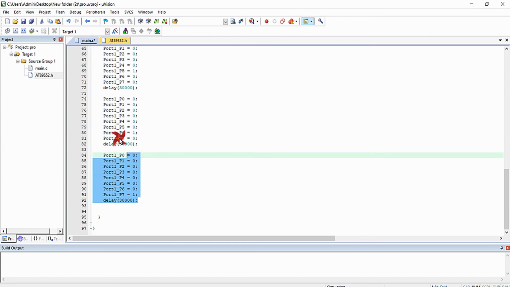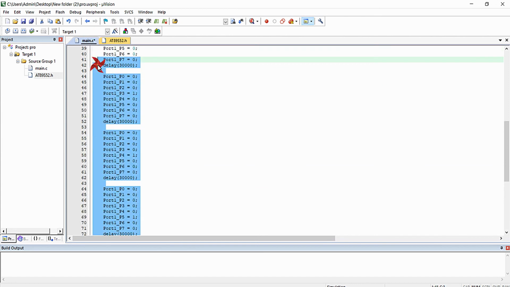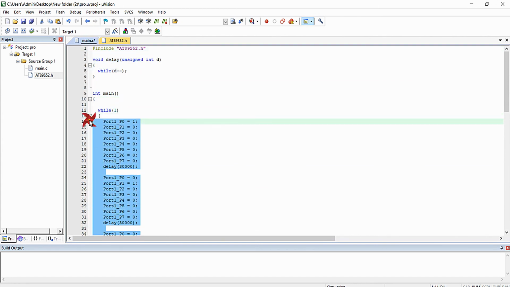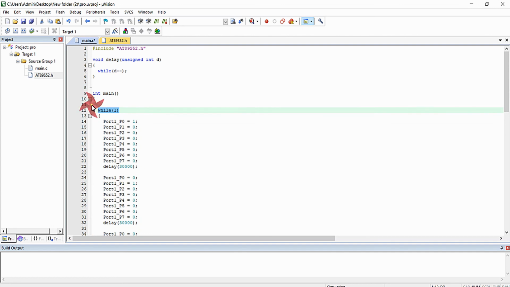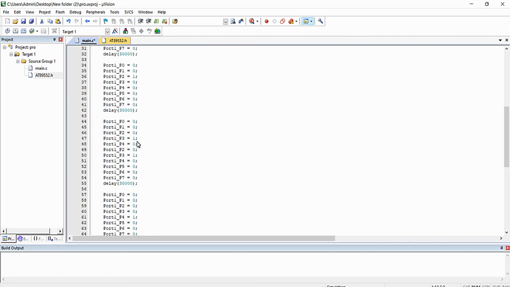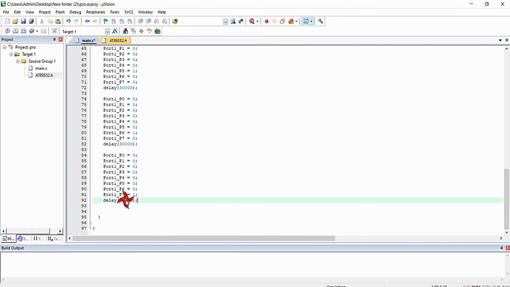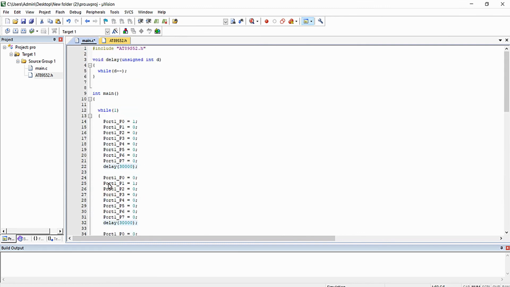And since we have written all these lines inside while of 1, which is the continuously executable part of the program, after execution of this last delay, the first statement inside the while of 1 will be executed. The process continues till the microcontroller is stopped.